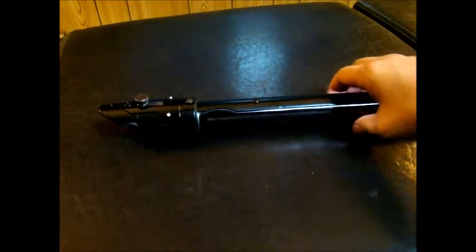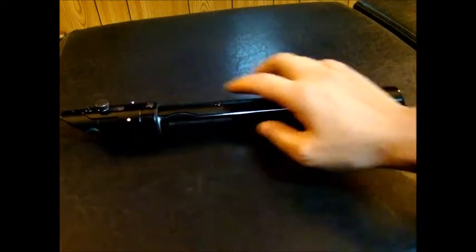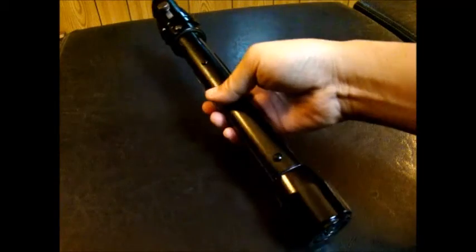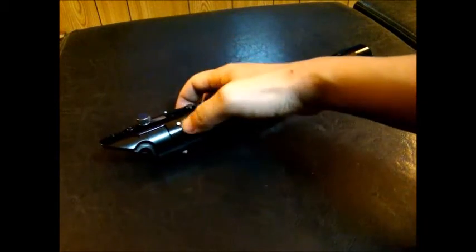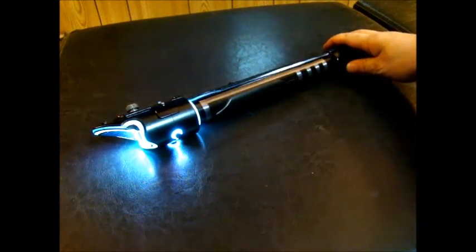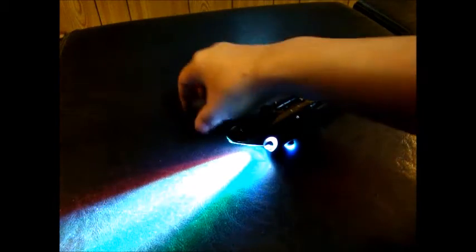Pommel, main body, and switch plate, those are the gloss parts, and then everything else is just straight 20% gloss satin. But it turned out really cool. I don't know if it really captures it, but in real life it looks really neat. So one more time, that's how it looks. With the blade in, it looks pretty cool too, but it doesn't have the full effect